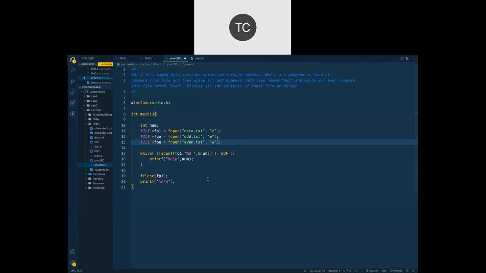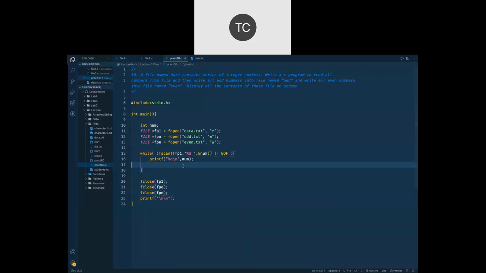Okay, instead of read mode, we will open it in a write mode. Okay, so now what we are gonna do here is, once we have that number inside this while loop, well, before we forget, let's close both the files. So fp odd and fp even.